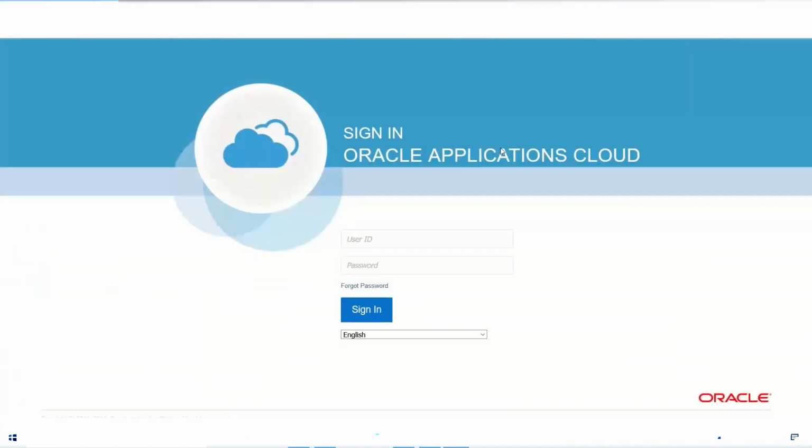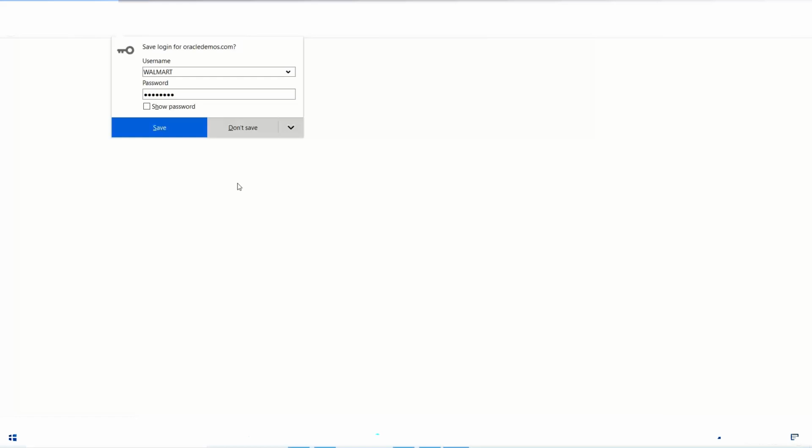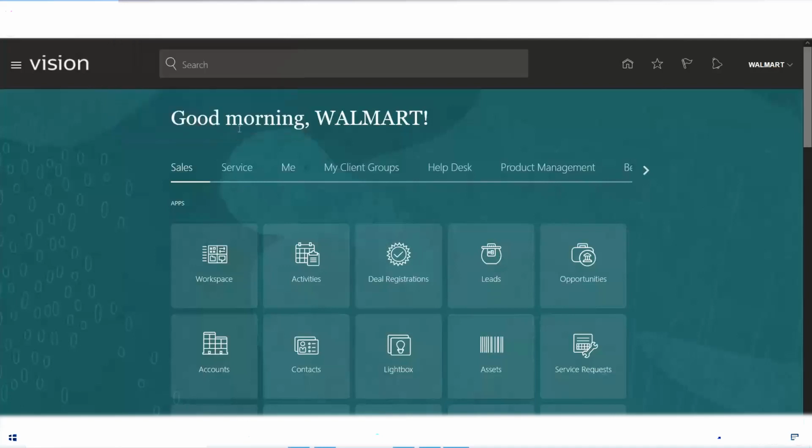This is one of the cloud instances which we are going to use. This is a SaaS based instance. So first let's log into that instance. You can connect to this instance from any internet connected device, even from your smartphone. No plugins or add-ins are required to connect to the instance. Done. So after logging into the instance,